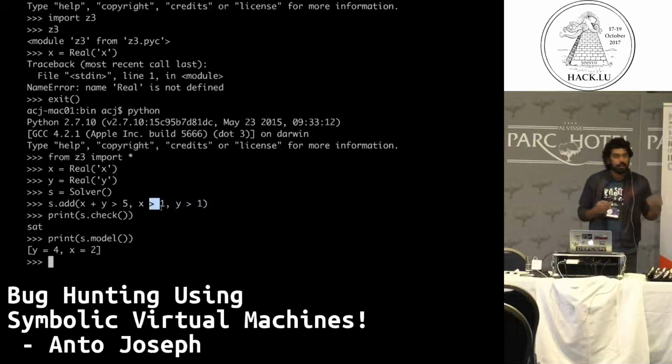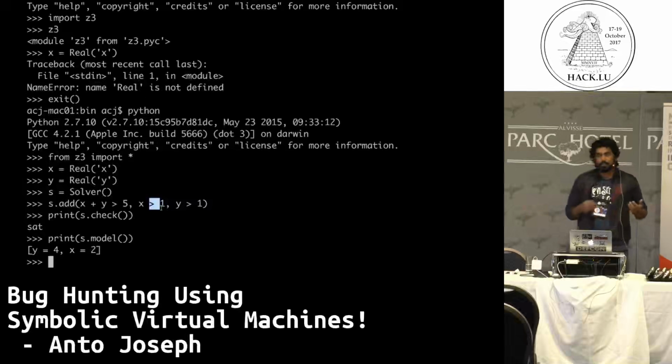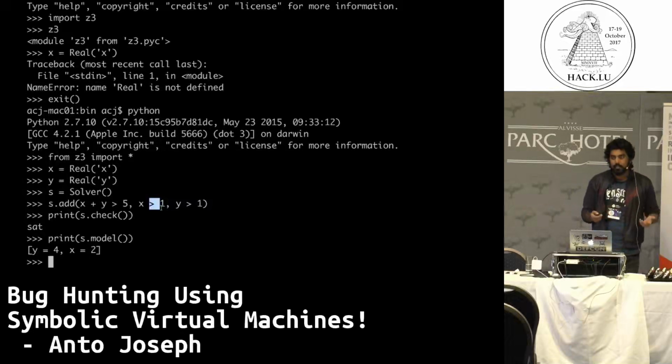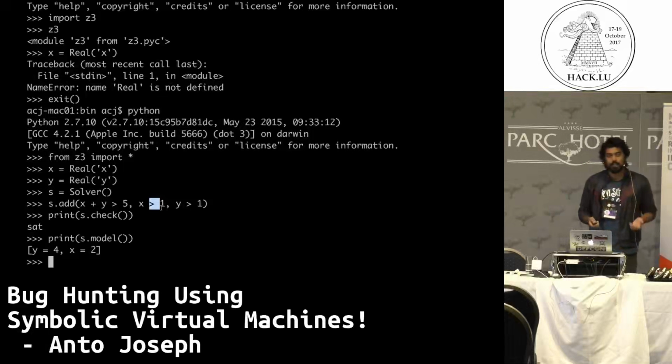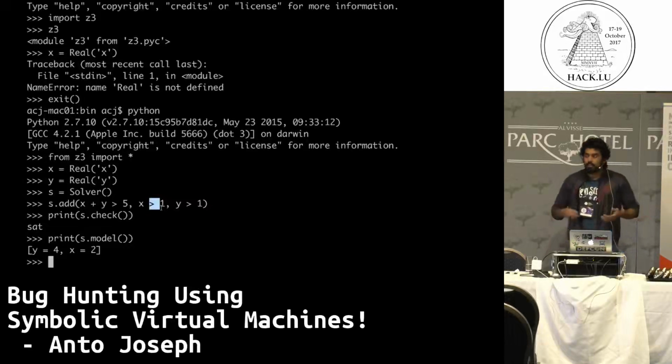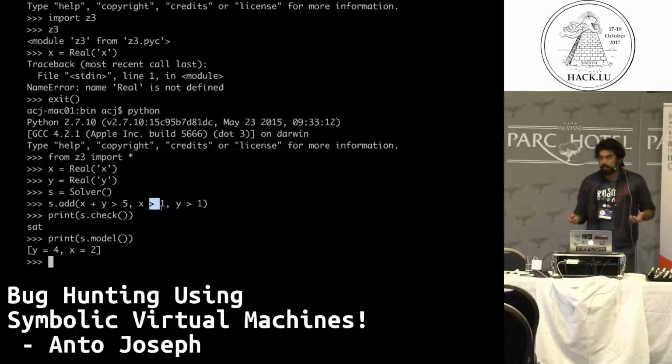But when you represent binaries as a mathematical formula, it becomes really, really large. So you need a mathematical solver which is smart enough to handle that sort of formulas and try to simplify it before you actually process the formula. There are simplification passes before the solver actually solves the program. So we'll talk about it later.